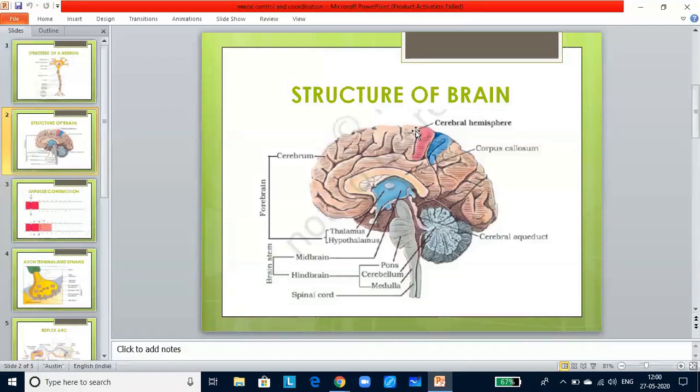Broca's area is present in the brain and it is related with speech, while Wernicke's area of the brain is related with understanding the speech. Hypothalamus deals with water balance in the body, then behavioral patterns, sleep, stress, emotions, etc. It also regulates pituitary hormones and metabolism of fat, carbohydrate, and water. Midbrain deals with visual analysis, auditory impulses, etc.